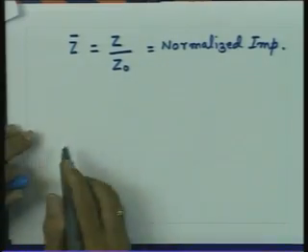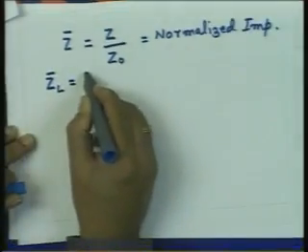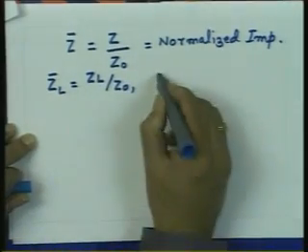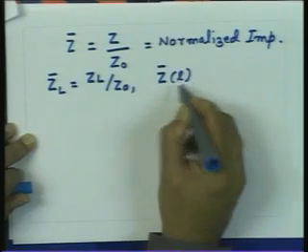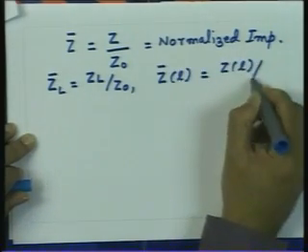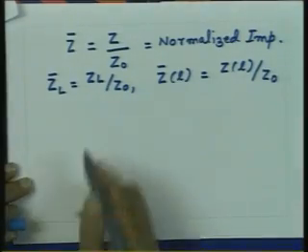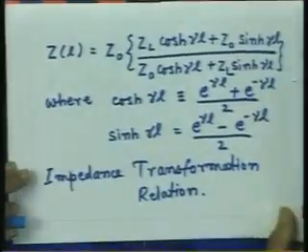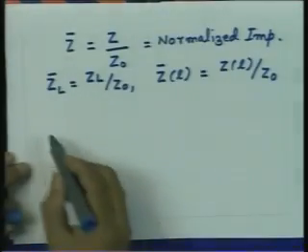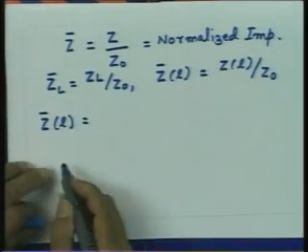So, by this token, then my ZL bar is equal to ZL divided by Z naught. Normalized impedance at any location L is equal to Z at that location L divided by Z naught, and so on. Substituting this in the impedance transformation relation which we derived here, I get the normalized impedance ZL, that is equal to